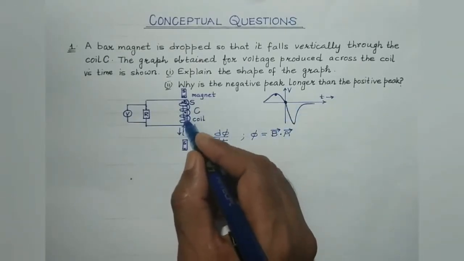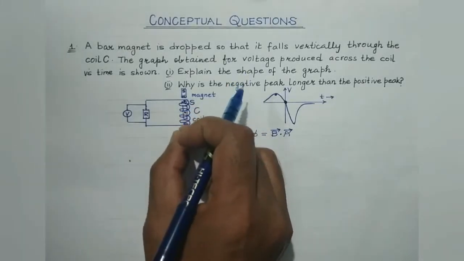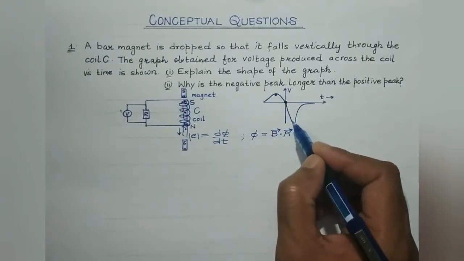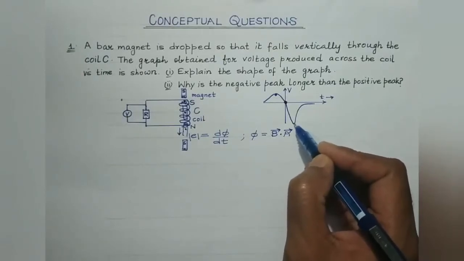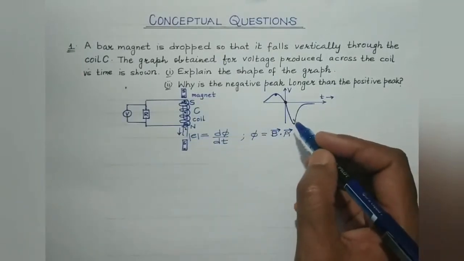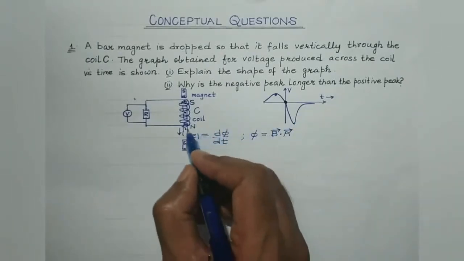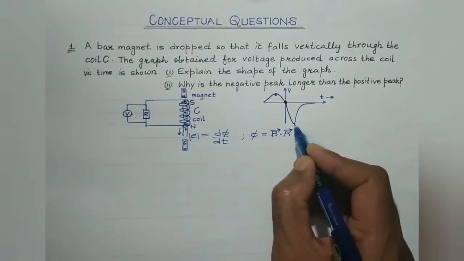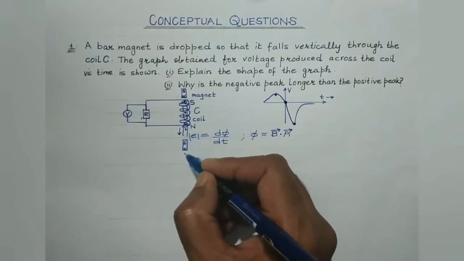Now the magnet starts withdrawing from the coil. It starts falling through the coil. It starts receding from the coil, isn't it? So during this period, the magnetic flux again increases through the coil, and thus the EMF induced also increases, but this time opposite in the direction as I've indicated. The induced EMF attains its maximum value the moment the magnet just comes out of the coil. So at this instant, the induced EMF in the coil is maximum. After this, the magnet moves away from the coil, right?